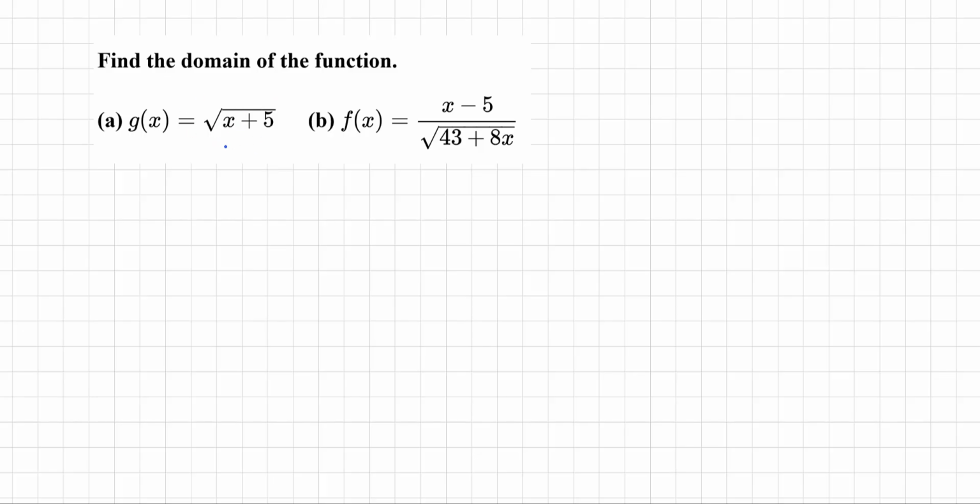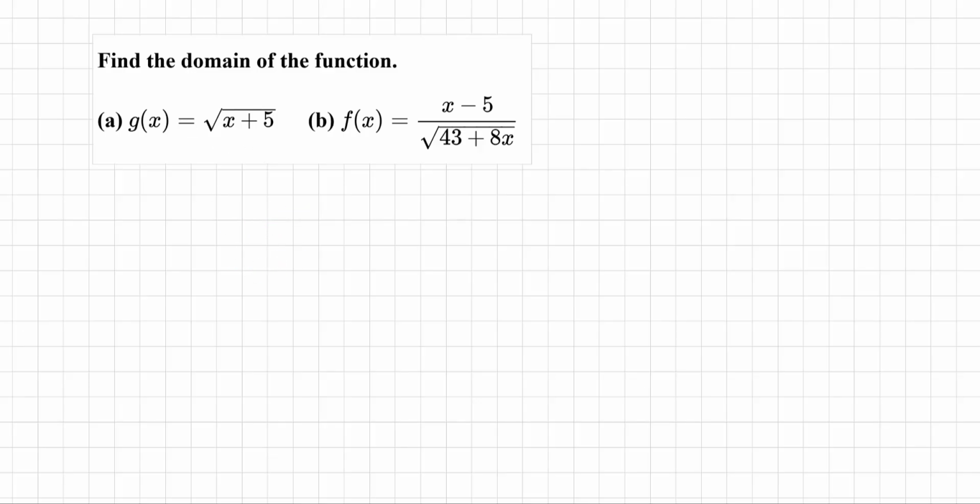Like here in square root of x plus 5, if I take x equals negative 6, this is going to be what? Square root of negative 6 plus 5, which is square root of negative 1. That's undefined. I mean, we don't get real numbers. So negative 6 does not belong to the domain. Okay, that's how we